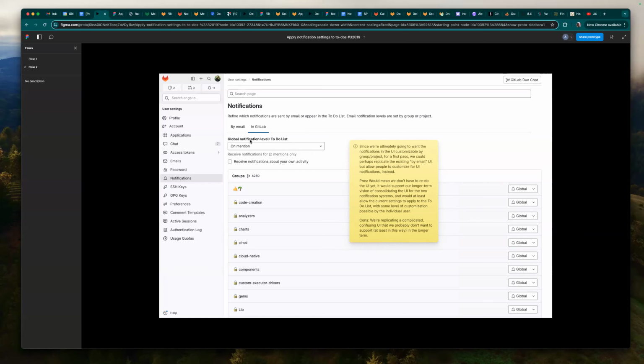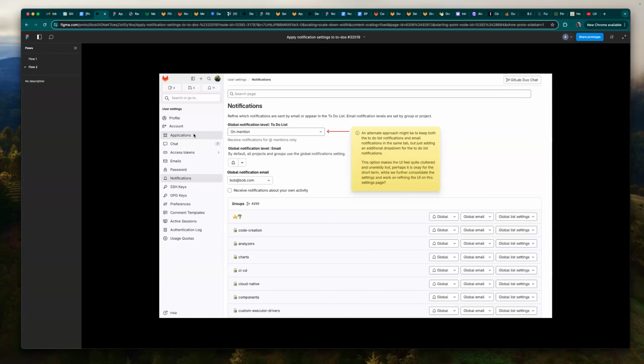The problem with this approach is that it is recreating a UI that we don't like. So I don't want to make additional technical debt that we're going to have to then remove. So I mean, maybe we just add a drop down to the existing page. Like ultimately we want to redo most of this page. We can't do it all immediately. So maybe we just add a drop down and people can decide what notification level they want